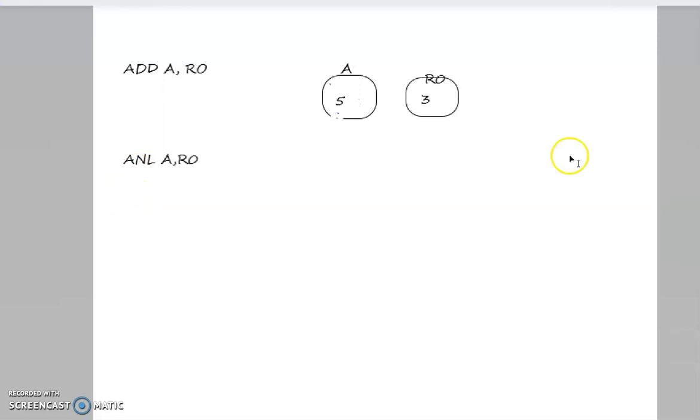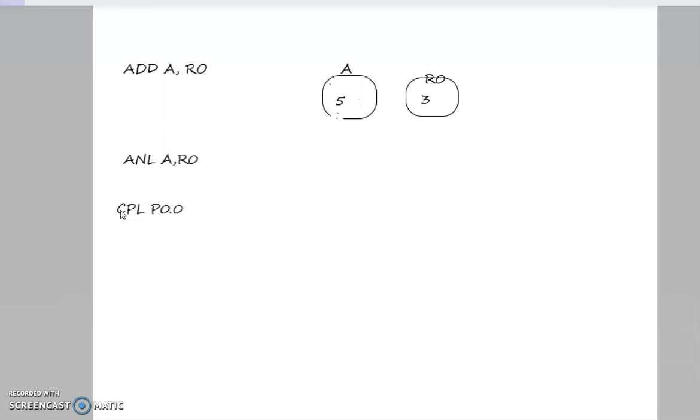Another example of an instruction is CPL P0.0. CPL is the opcode for the complement instruction. Complement means if the previous value is 0, it changes to 1, and if the previous value is 1, it changes to 0.